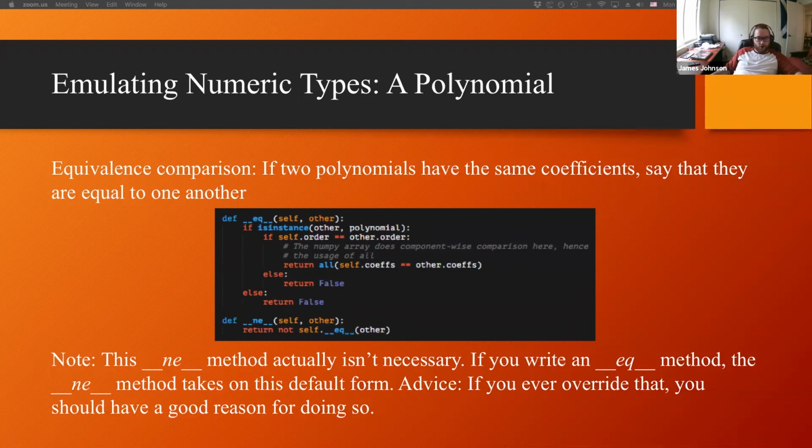So it's worth noting too that this implementation of the not equals comparison is not actually necessary. This is the default form of the not equals comparison. So def not equals is just returning not self.equals. That's a very straightforward implementation of that. If you have equals comparison, then not equals should just be the exact inverse of whatever